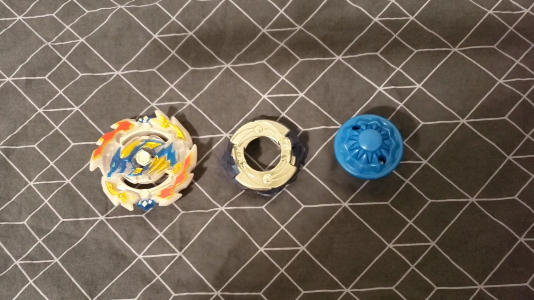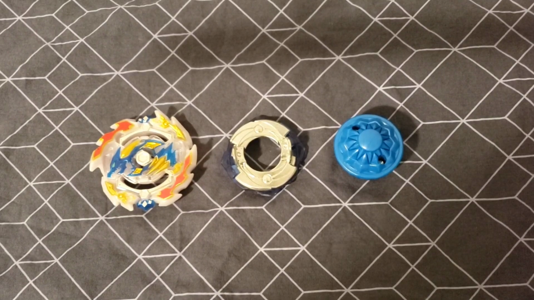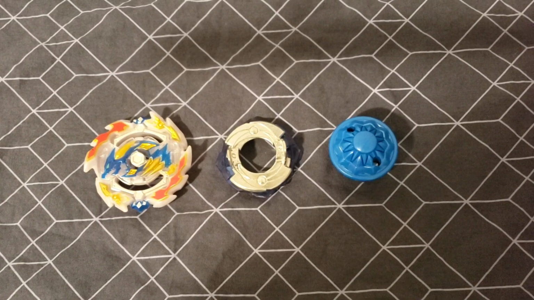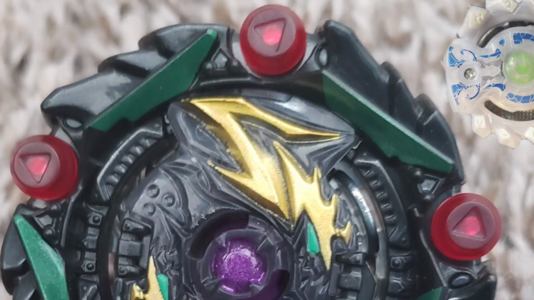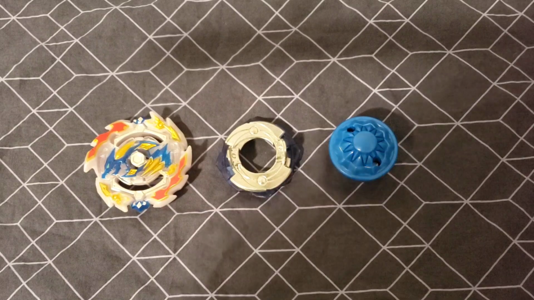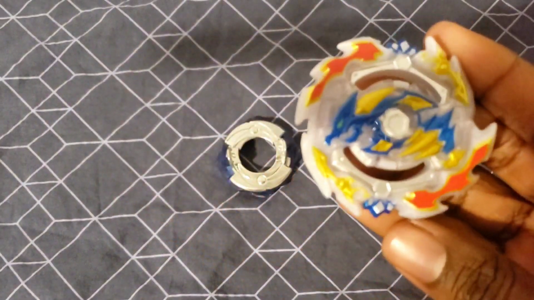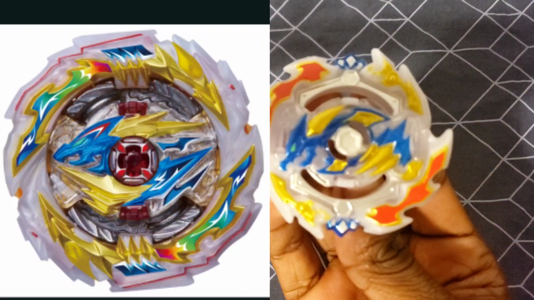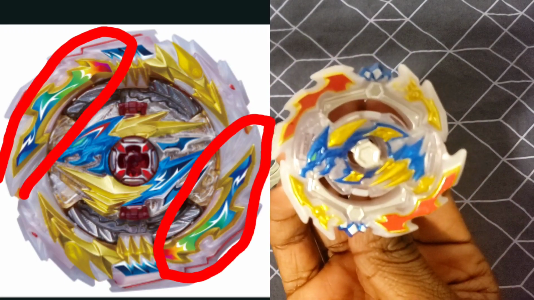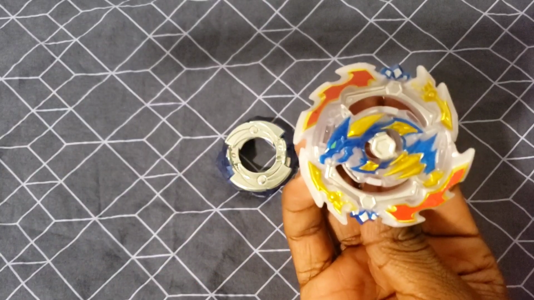Now some people probably want me to use Command, but there's two reasons why I didn't use Command. One, I don't actually have it. Two, it really doesn't have this shape compared to Ace Dragon. If you put Ace Dragon side to side with Triumph Dragon, you can see the shape is pretty similar. Similar case with the